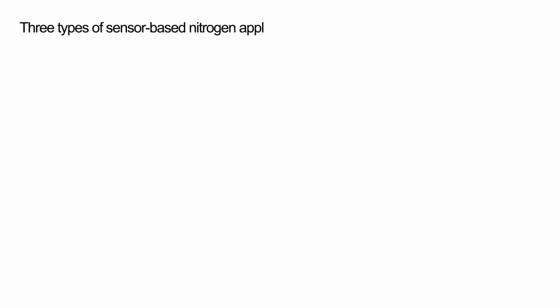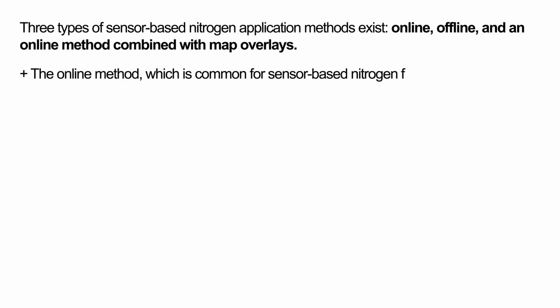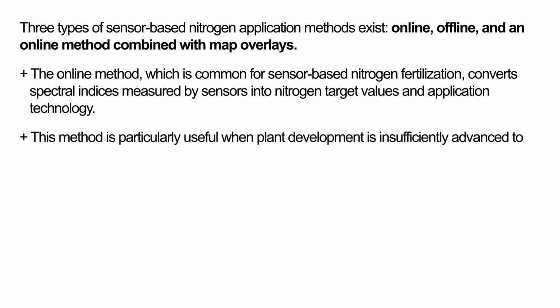Three types of sensor-based nitrogen application methods exist: online, offline, and an online method combined with map overlays. The online method, which is common for sensor-based nitrogen fertilization, converts spectral indices measured by sensors into nitrogen target values and application technology. This method is particularly useful when plant development is insufficiently advanced to be detected by sensors at the time of application. Despite differences in these two approaches, their effectiveness largely depends on the accuracy of the environmental data collected during